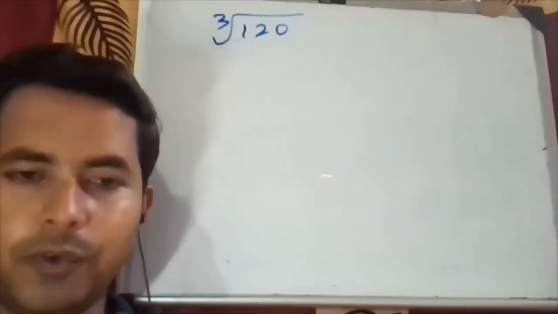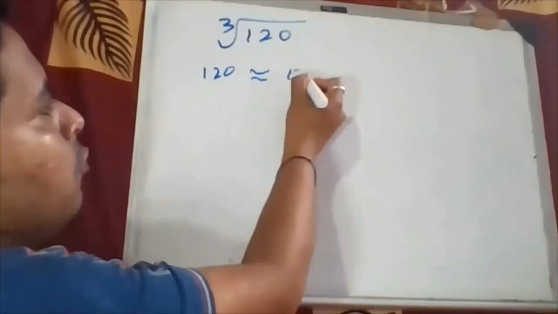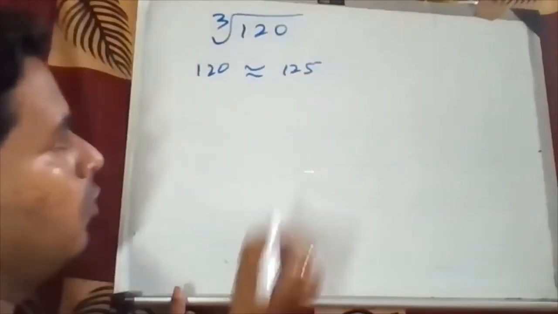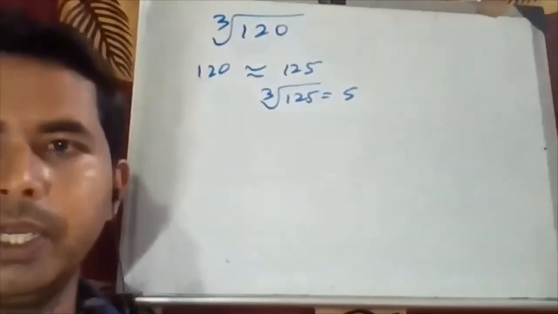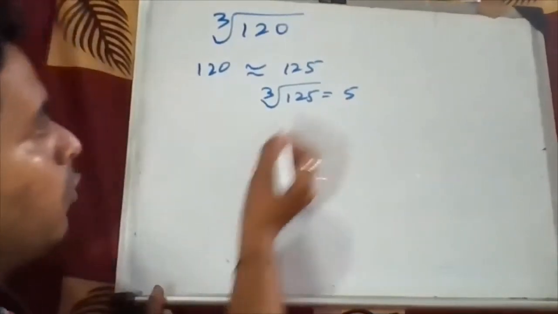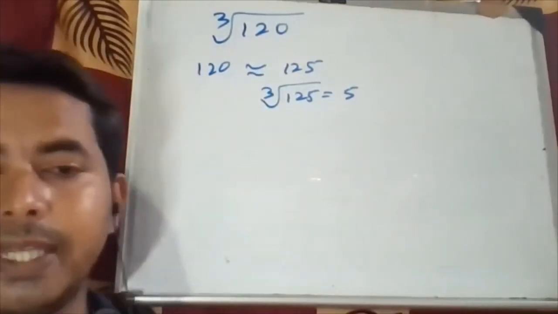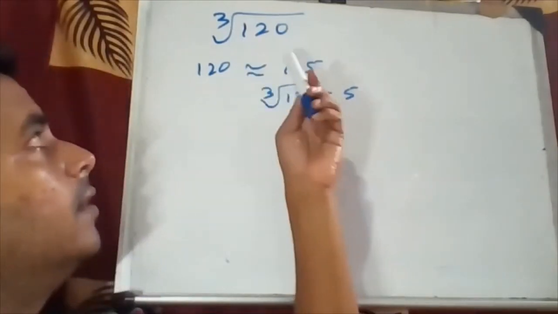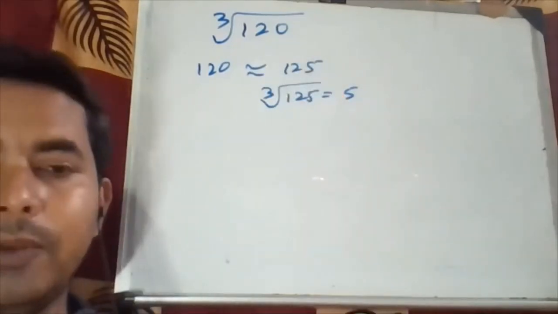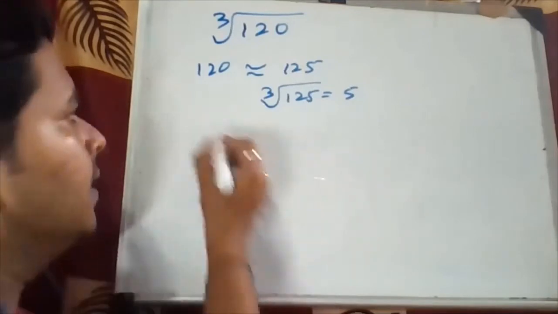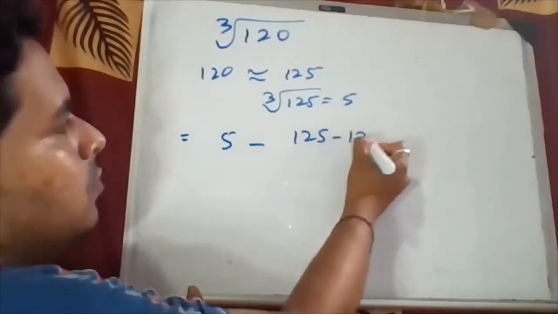Now what we have to do is just find the nearest cube value. 120 is nearest to 125, and the cube root of 125 is 5. So here, 125 is more than 120, meaning we don't take plus, we take minus, because the given number is smaller than the nearest cube value. The nearest value is bigger and the given value is smaller, therefore take 5 minus (125 minus 120)